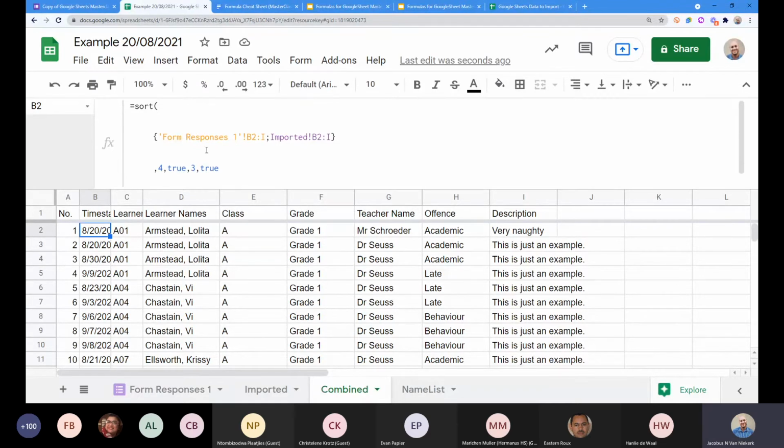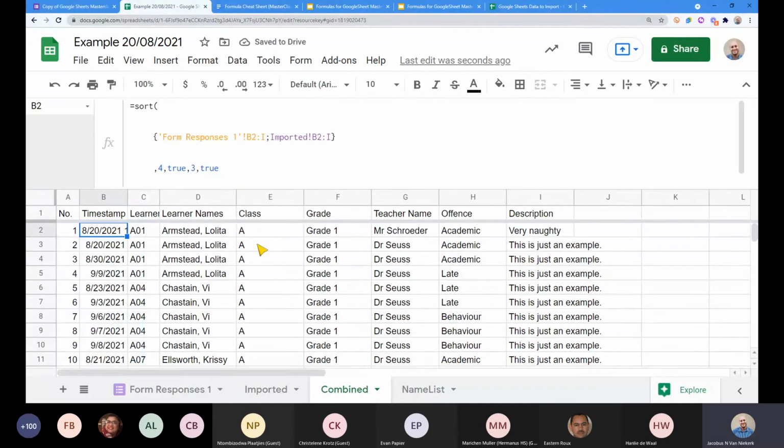Okay, so we spoke about the sort thing last time, so I'm not going to go into too much detail here, because we've got 2 more things that I want to look at, and then maybe a third bonus one if we get time for that. Right, so what I want to look at is how do we use filters on this sheet now. So there are 2 types of filters we can use.